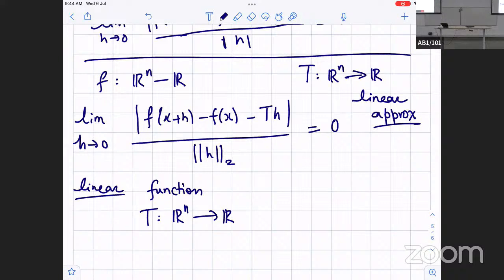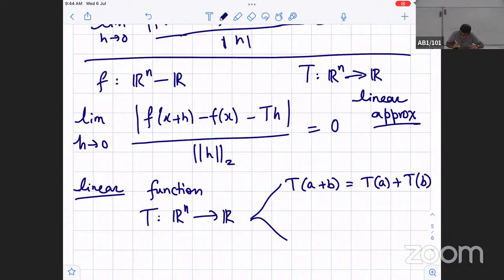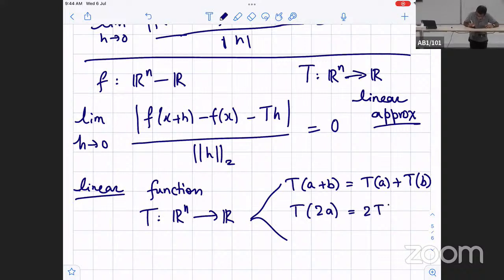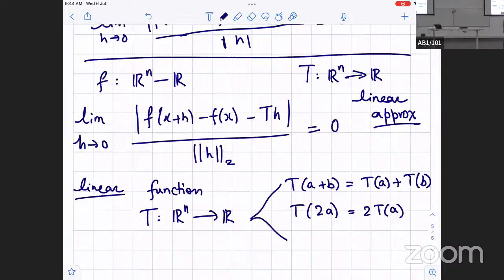X transpose into X, right? So X transpose X is not linear, but some other number, W transpose X. X transpose X is not linear. So what is linear, first of all? If T is linear, it should satisfy this property: T of A plus B is equal to TA plus TB, and T of 2 times A, for example, should be 2 times TA. So your example of X transpose X doesn't satisfy this. You can check it. Okay, so what does satisfy is